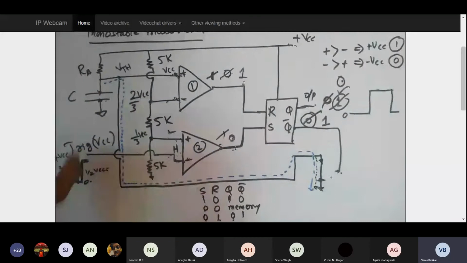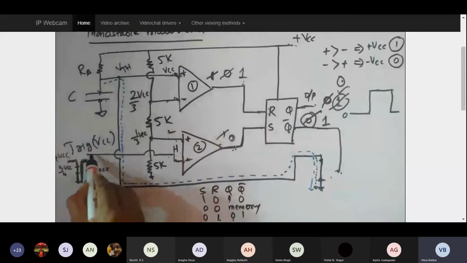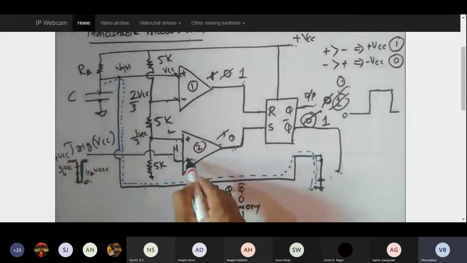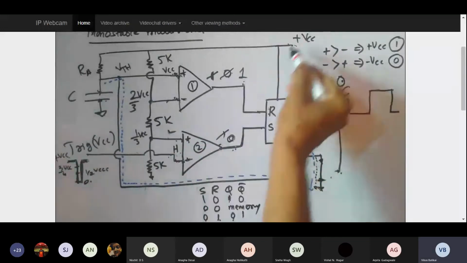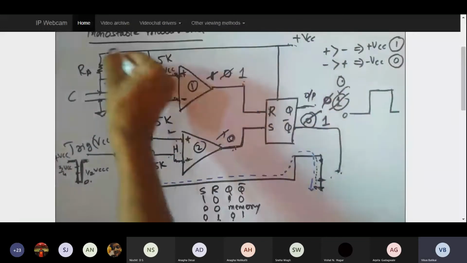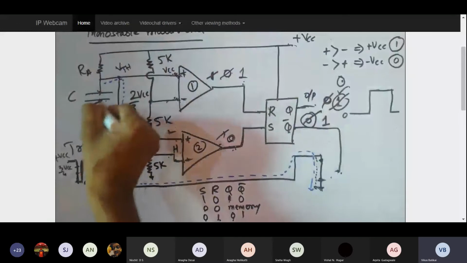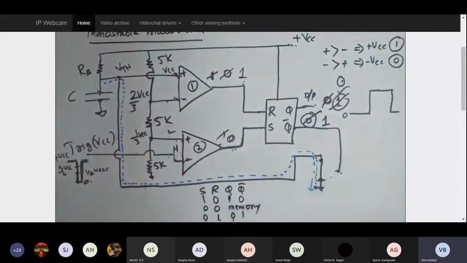Now I am giving the trigger once again. When the trigger is given, this is at the highest potential, this is at the lowest potential, and the outcome is 0. In the meantime the positive potential is coming over here and charging this, and this entire cycle repeats. As a result, for a small duration of input pulses, whatever you can see over here, we are going to get larger pulses like this.